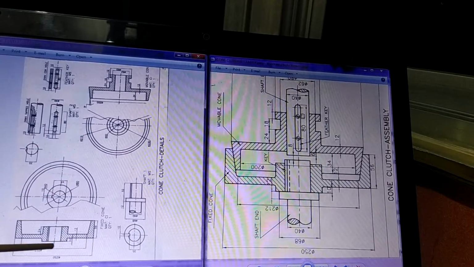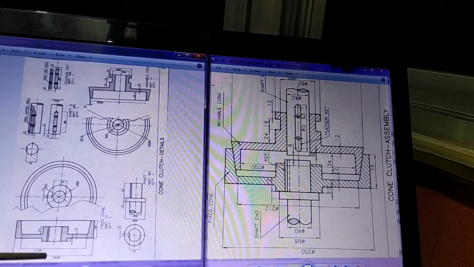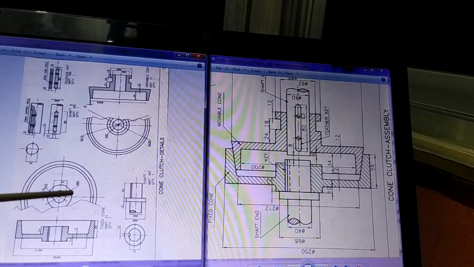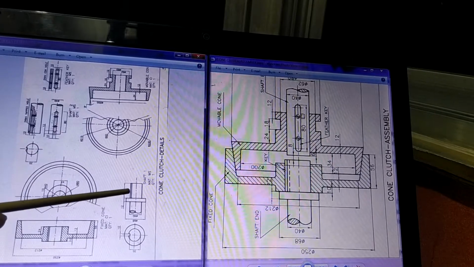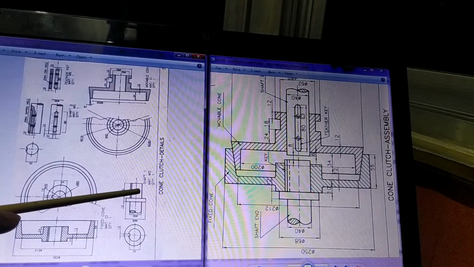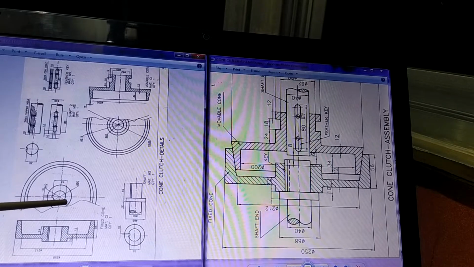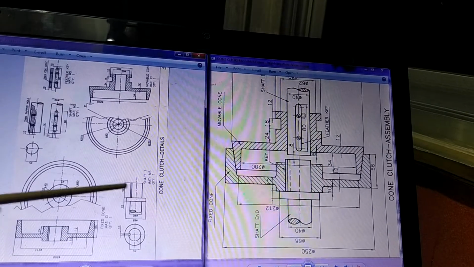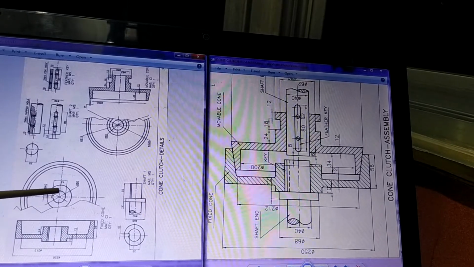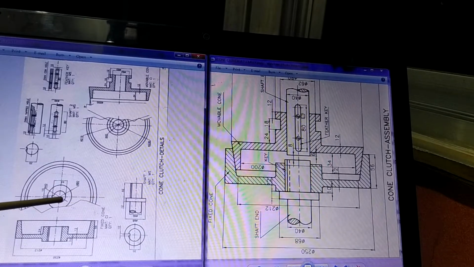So here you will see there is a part, another part here. So all these parts, they have got certain dimensions. So you can make use of these dimensions to understand, to interpret how they can be assembled. So you can now see, for example, there's a shaft here. Now this shaft has got a certain diameter which is shown here. So this shaft diameter is expected to be fitted here. So for that, the diameter of this shaft and the diameter of this hole should match. So that information you will get by looking at the dimensions. So dimensions will confirm that this shaft is supposed to be fitted here.